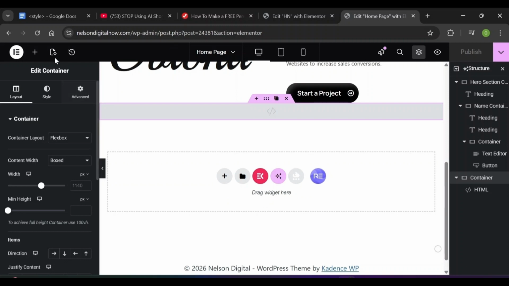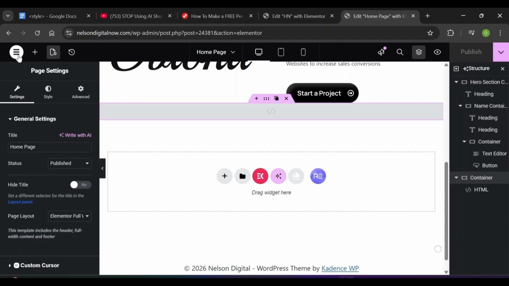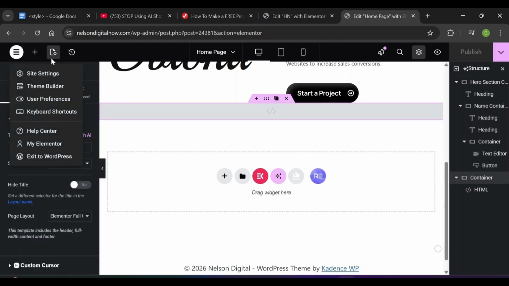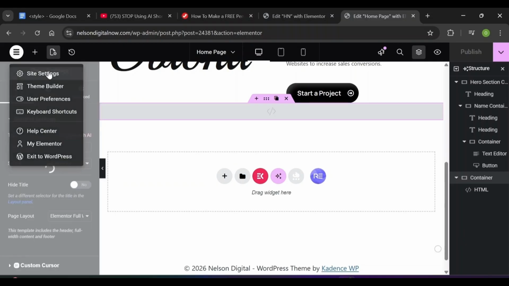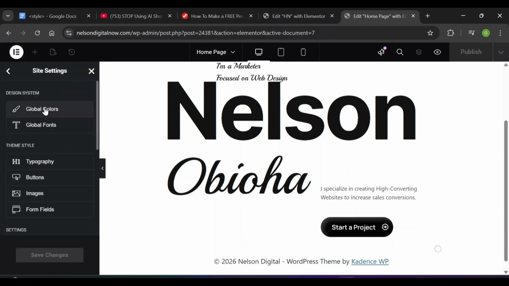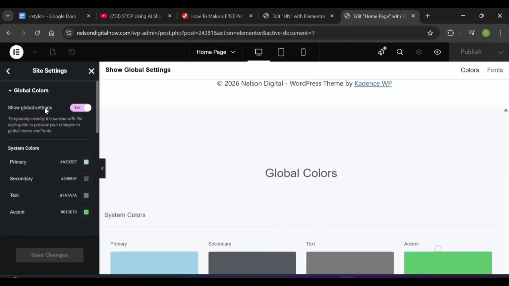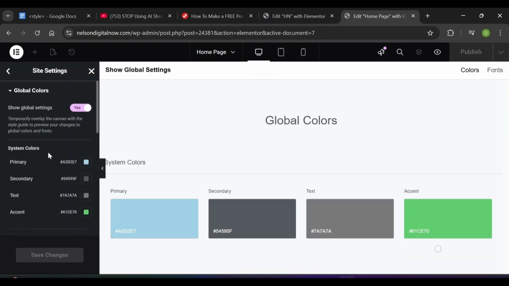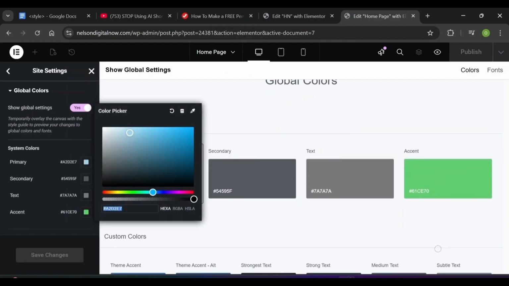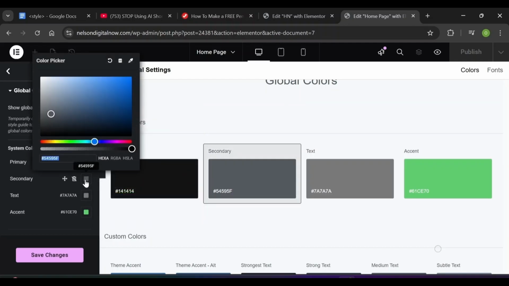We are going to set our global colors. Now we are going to click on this page settings. We are going to click on this Elementor logo here, and then we click on site settings. Then we click global colors here. We are going to set the primary color. We click on this, set the primary color 1414, enter. We go to the next one, secondary. We set it 53, 59,